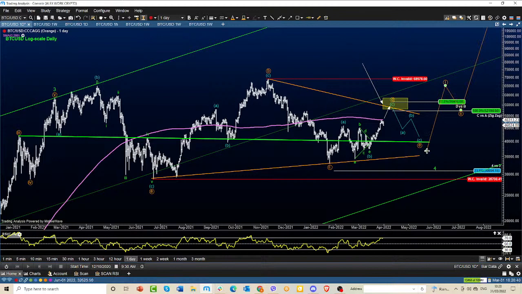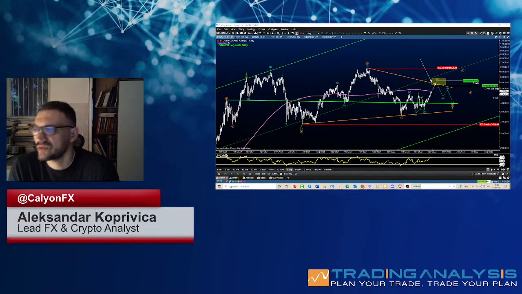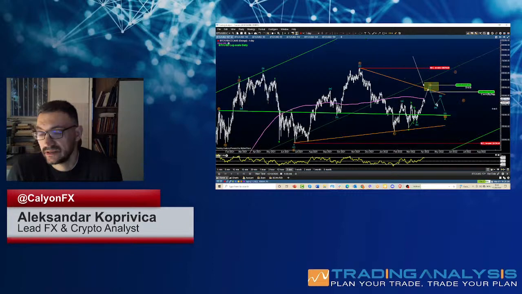And then we should see signs on Bitcoin of the impulsive move up on the upside, which will be a confirmation and reversal signature for the further expansion. Okay, so how we approach that in trading analysis, we do usually wait for a small confirmation on these longer term trades. But as I said, if I see these developments, definitely I will put some capital to work here at 40K, and then I will increase my exposure as I see a confirmation on the upside.